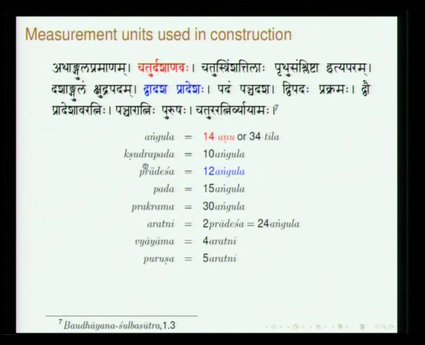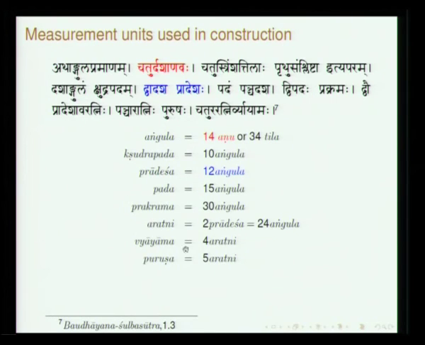10 Angulas make, so all that has been very clearly stated. Kshudra Padam, then Dvadasha Pradeshaha, so Pradesha Matra. In fact, usually people say Pradesha Matra means you have to just stretch your hand. In Tamil they say Orusan apdi solluva. That will be roughly 12 Angulas. This is how it goes, and then he goes up to a Purusha. So, it starts with Angula and then goes up to Purusha.